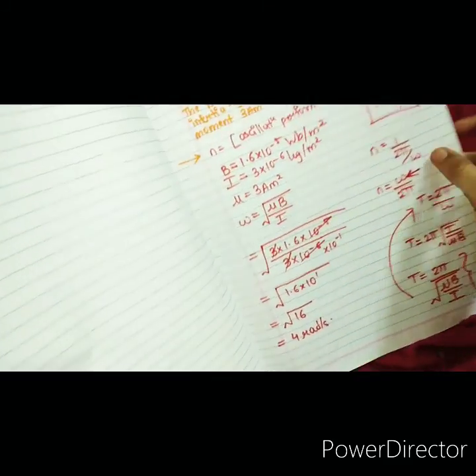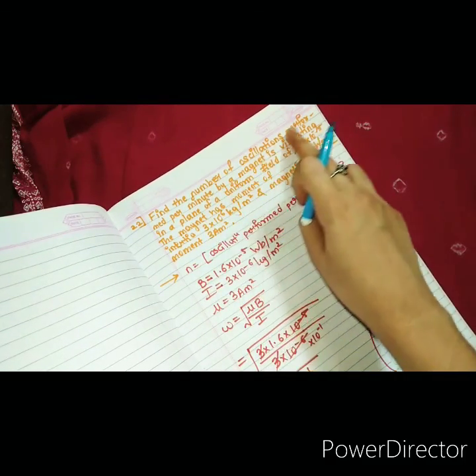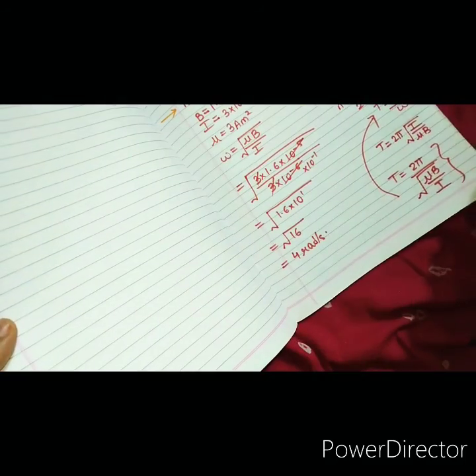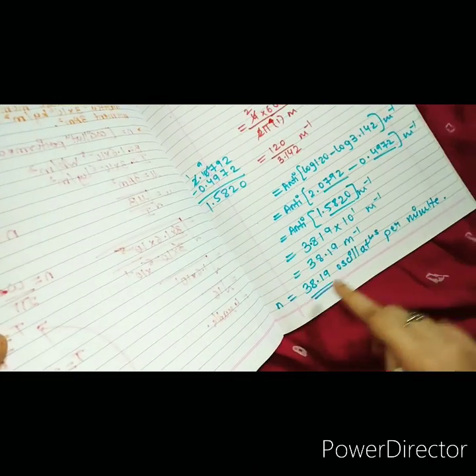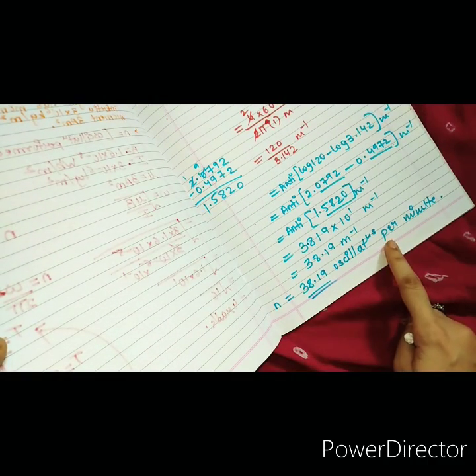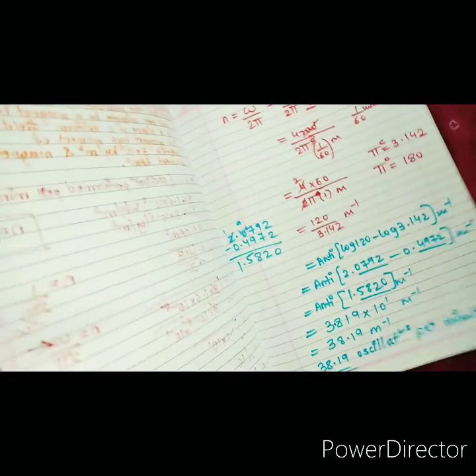Okay, hope you understood this. This was the question given to you, that is, find the number of oscillations performed per minute. So these are the number of